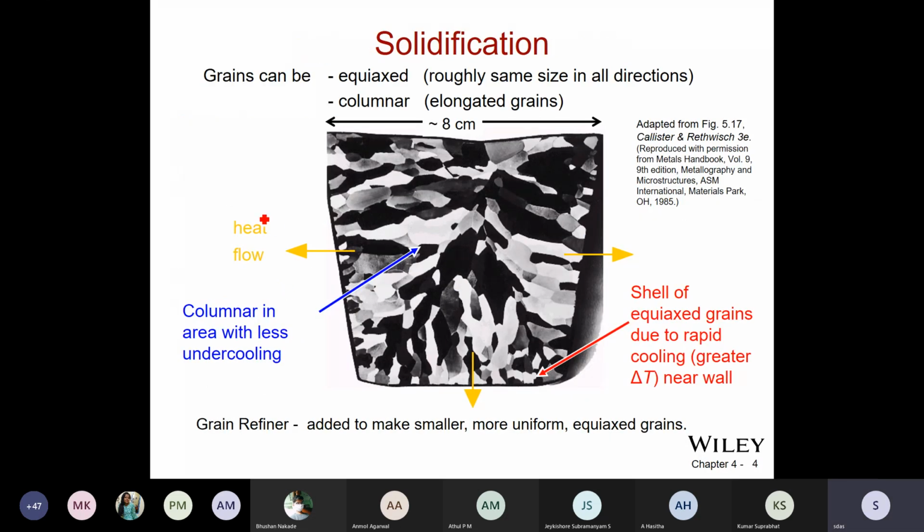If I grow big grains in the lab class, we used to do that. We will show you with the naked eye. You can see these large grains. Most grains we see with an optical microscope. But if you allow slow cooling, we grow very large grains, and they can be seen with your naked eye. These grains can be equiaxed toward the center of this ingot or can be elongated near the boundaries of the mold in which they were solidified.